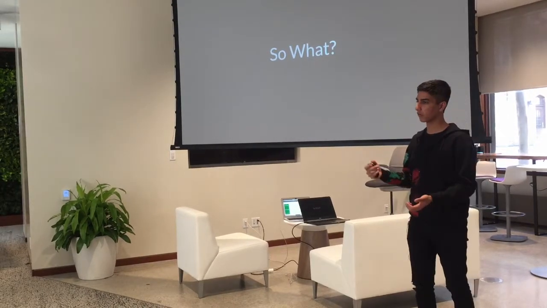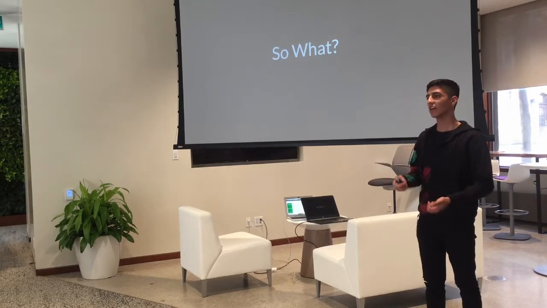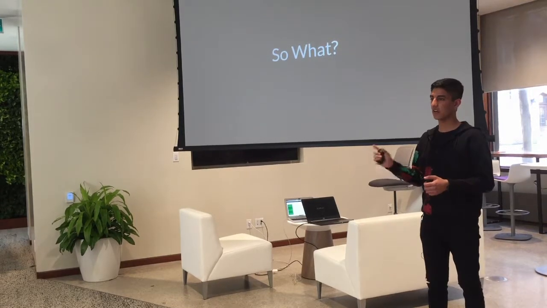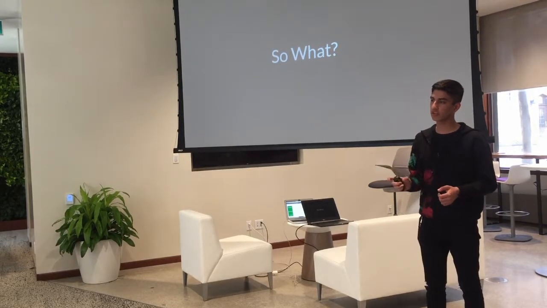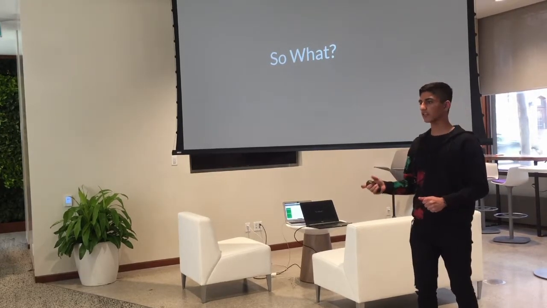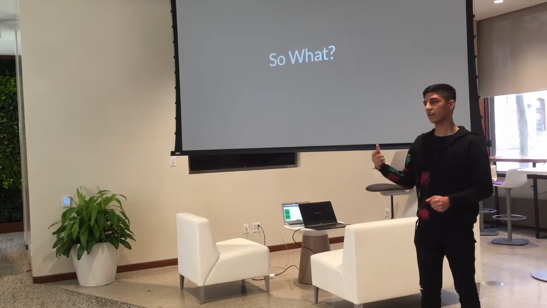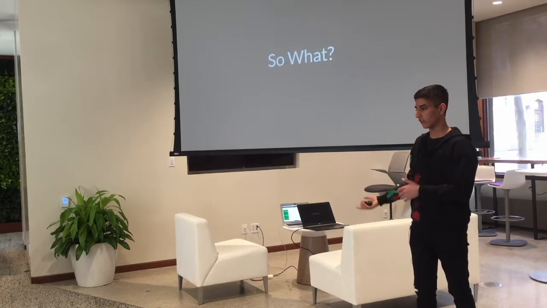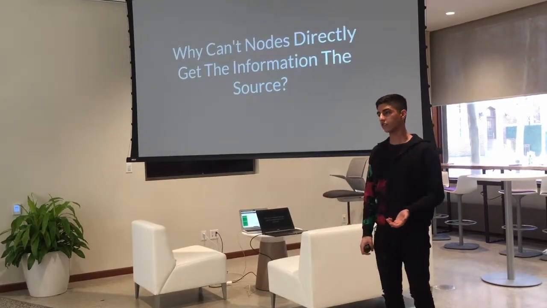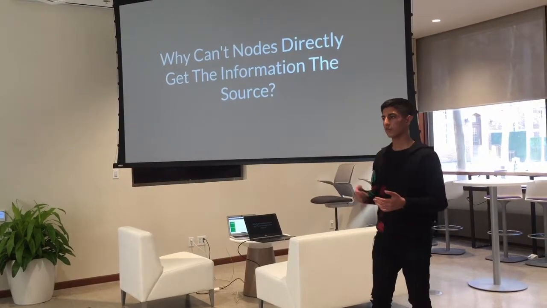So imagine if you could just pull out your phone, take a photo of a growth or a wart or something on your skin, and it can analyze that off-chain and tell you if it's cancerous or not. And now that analysis the AI did is associated with your Ethereum address for the rest of your life. So say you go to a doctor, all he needs to do is search your Ethereum address, and he would have all the analysis that the AI did and why it thinks the growth is cancerous or not.